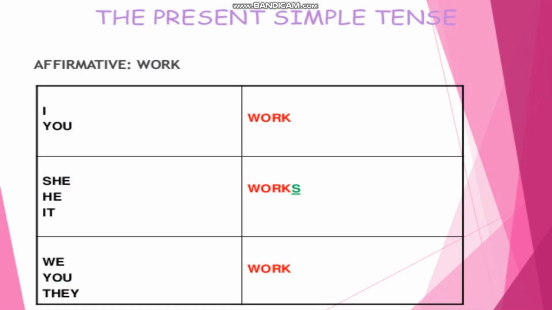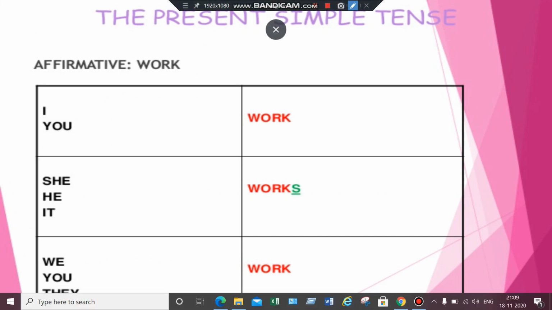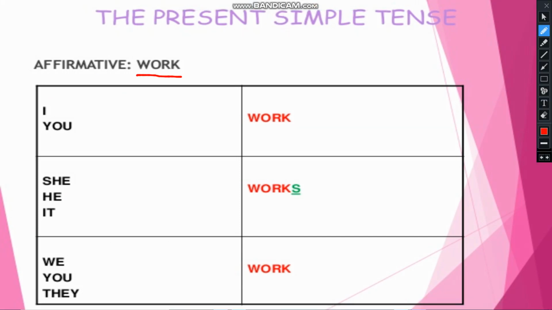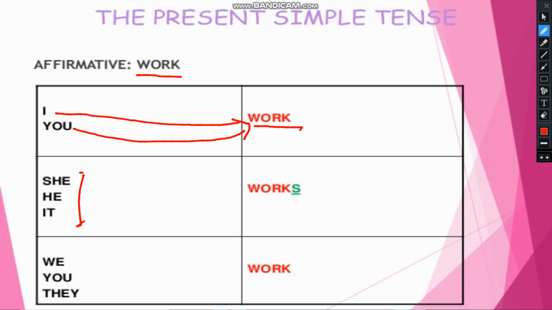Now see here, I have taken here the verb work, and let us see how we are going to write this with the sentence. I work. I के साथ क्या लगेगा? Work. You work. So with these we are writing just the simple form of the work. With the pronouns she, he and it, we are using the verb with the S. So I के साथ हम वर्क को एज इट इज लिखते हैं. व्हेन वी आर यूजिंग इट विद द प्रोनाउंस शी, ही एंड इट बिकम्स एज वर्क्स. सो शी वर्क्स, ही वर्क्स एंड इट वर्क्स.